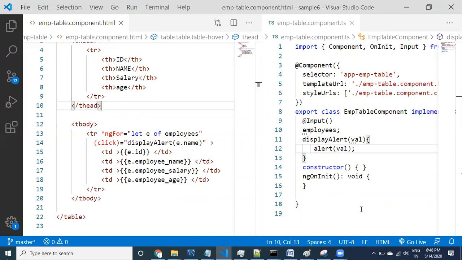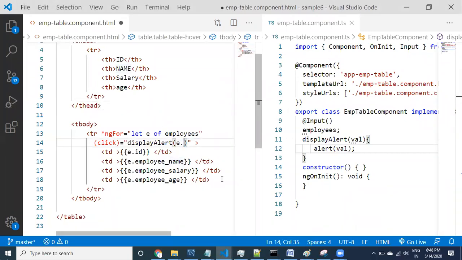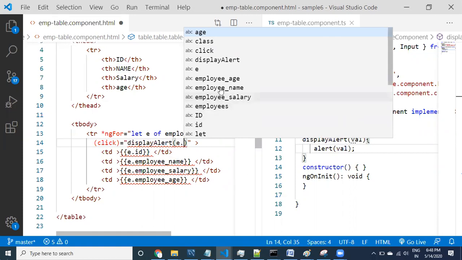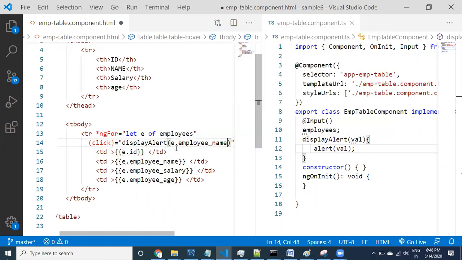There is no property called name in the employee. Yes, exactly, you are right. There is no property called name. So what is the property here? I want to provide employee name. Dot employee name is the property name.